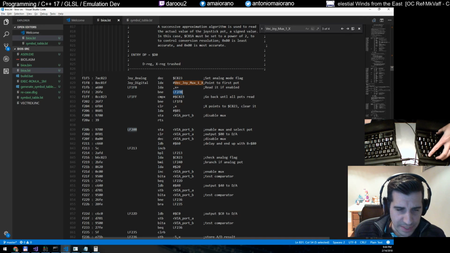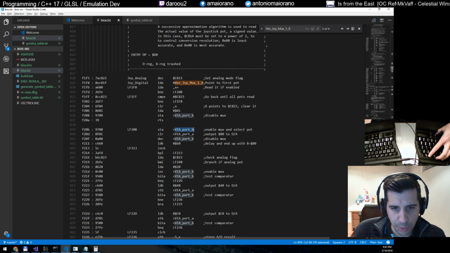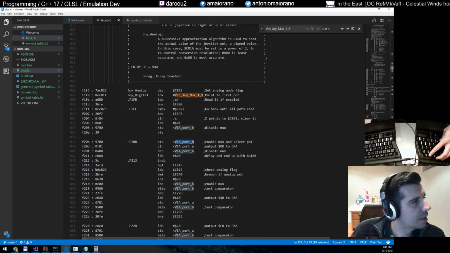But anyways, in our case, we are going to have a value in there because the game wants to check mux 1x. So we are going to jump here. So enable mux and select the pot. So store the value of A, so that is the mux value, into port B. So enable both the mux and specifically which pot. Okay, so actually...